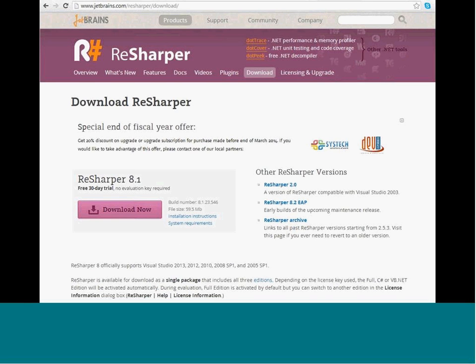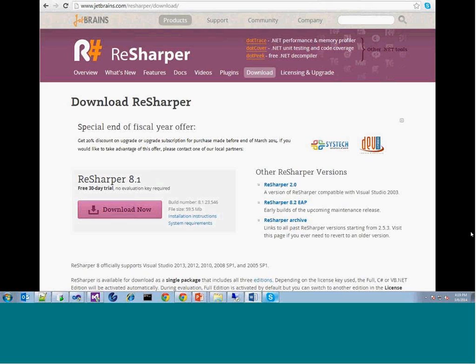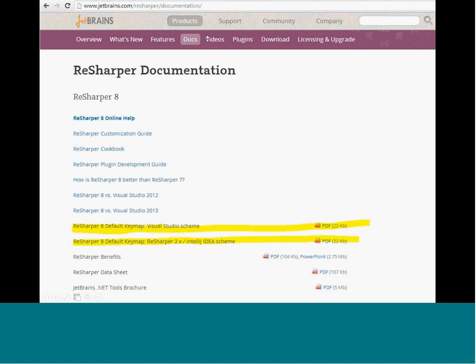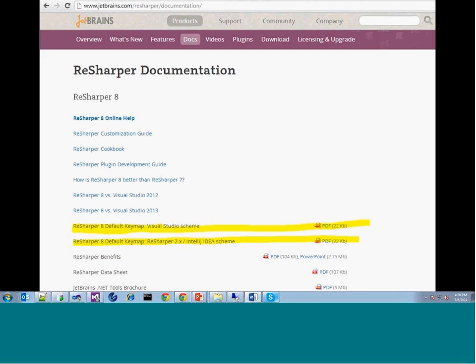And if you are new to this tool, you go to jetbrains.com, go down the page, and you can download it. Get a 30 days free trial. While you are here, also go to the docs page. Okay, so you could download these two key maps. There are two key schemes, which are the keyboard shortcuts. One is the Visual Studio scheme, the other one is